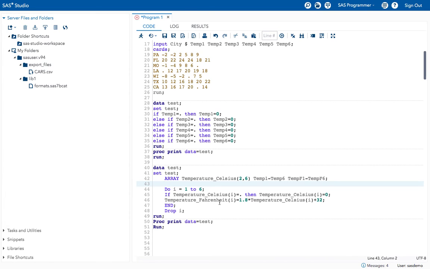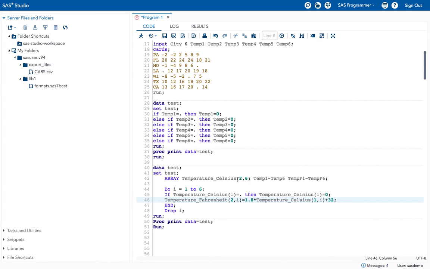When it comes to temperature Fahrenheit, are the values from the first variable or the second variable? It's from the second variable, right? So give 2, I. And the temperature Celsius values are from the first variable, so give here 1, I.